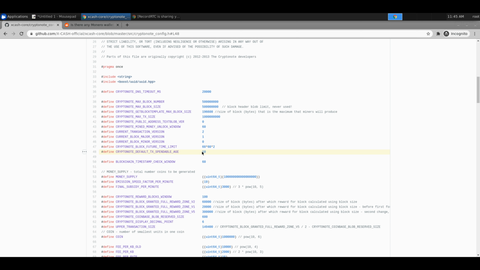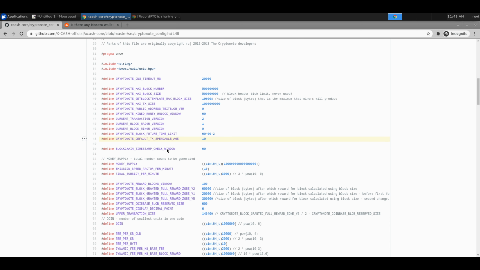If you don't know what that is, you should watch the video about protocols versus wallet and hard fork versus soft fork, because that's a quick video where I explain that. Most of us think everything's a protocol rule, but this one was actually a wallet rule. So basically, what that meant was you could recompile the code and change this